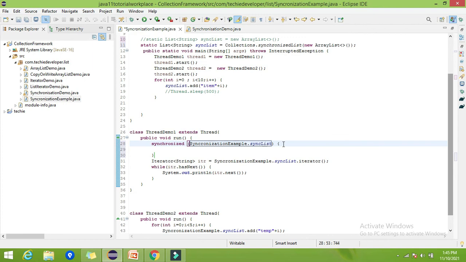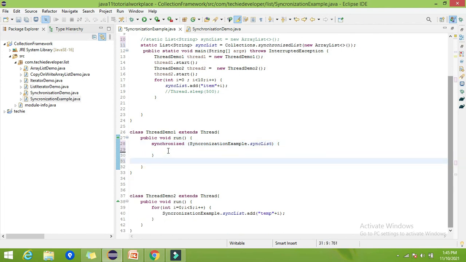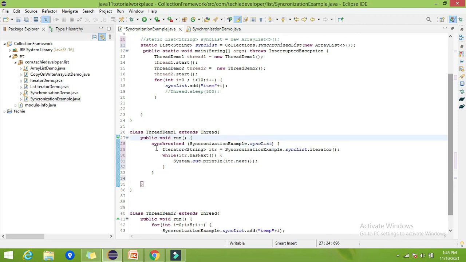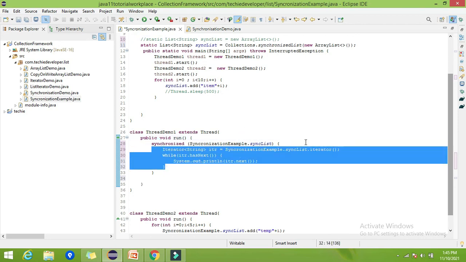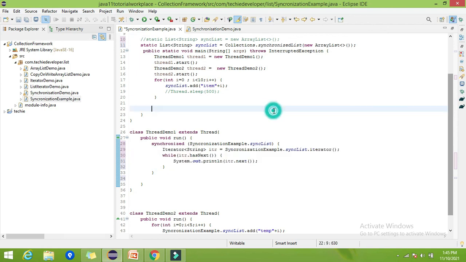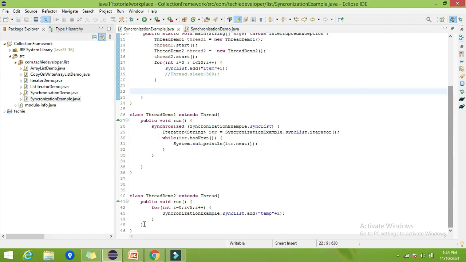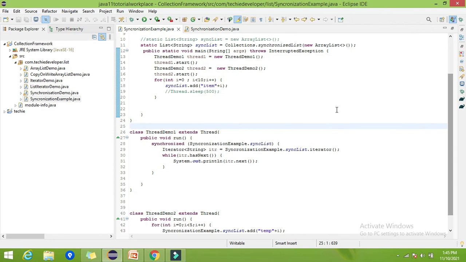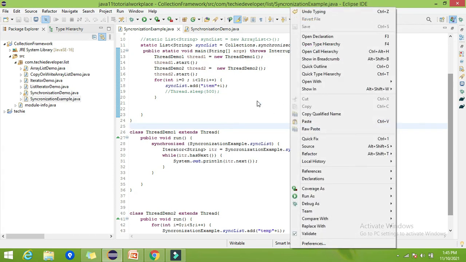So whatever object you want to make synchronized while iterating, give it as a parameter to the synchronized block, and after that, write whatever operation you want to perform on that particular object inside this synchronized block. So what will happen now? Even though we now have 3 threads running simultaneously, at a time only one thread will operate on this. Last time we were getting the ConcurrentModificationException; this time we should not get it. So let's try to run it now.